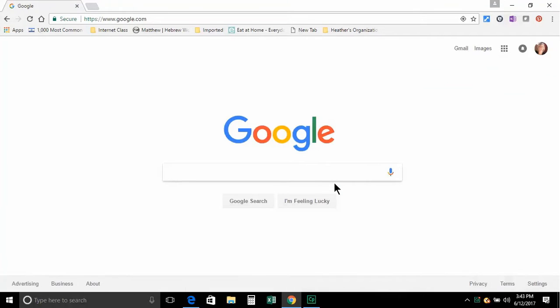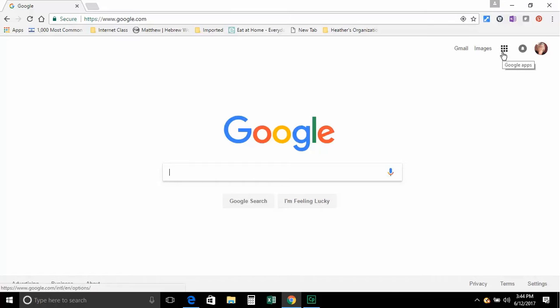Now, there are a lot of advantages to signing into a Google account, but I will warn you that in doing so, they are doing some tracking of websites for marketers and that type of thing on whatever it is that you're looking for. Some people just don't care about that, and with regard to this, you have to weigh the benefits to the disadvantages. But once you get logged in, you'll see that you're signed in here in the upper right hand corner,